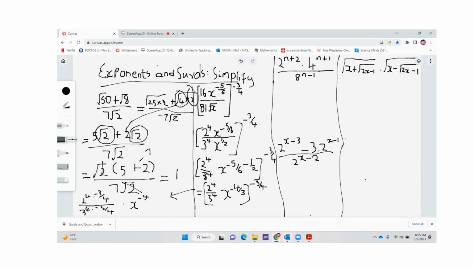We also multiply it by the outside exponent, which is minus 3